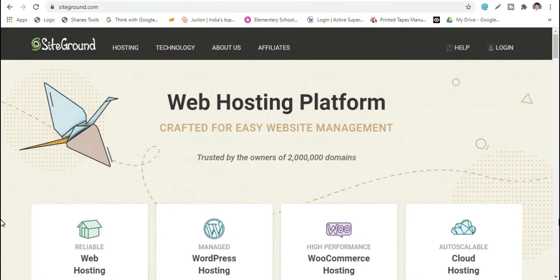To make this process simple, we have divided it into three steps. In the first step, we will buy a domain from any domain provider. You can get it from GoDaddy, or you can buy it from SiteGround as well.